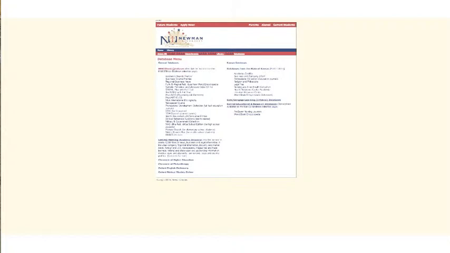Let's start with EBSCOhost. I'm guessing you've used EBSCOhost in some of your classes before. EBSCOhost is one of the nation's largest collections of full-text databases. And this means that it has just thousands and thousands of journals. And you can subscribe to different EBSCOhost packages. We've subscribed to a very large package of journals that have the full text fully indexed for journals in a whole bunch of different fields.